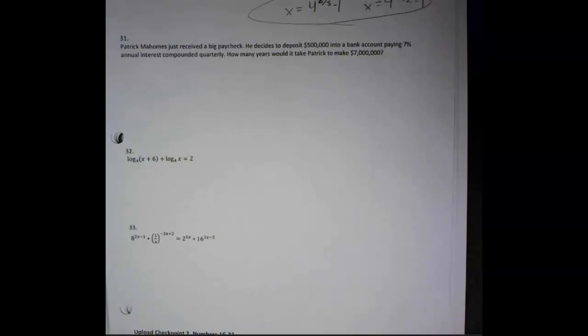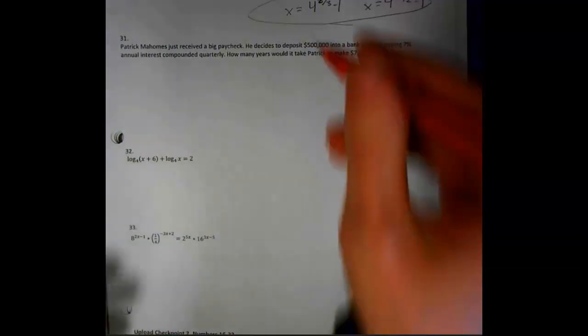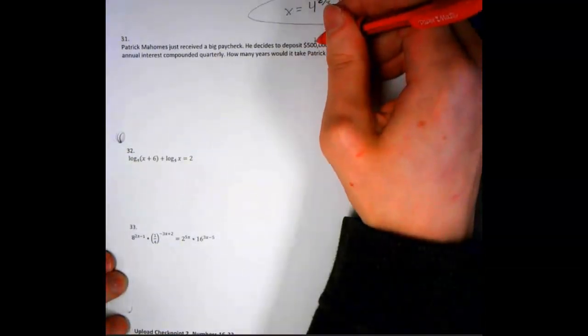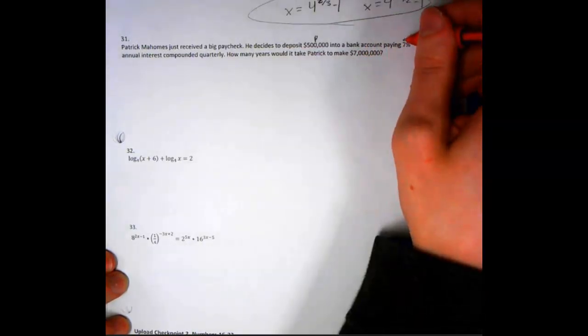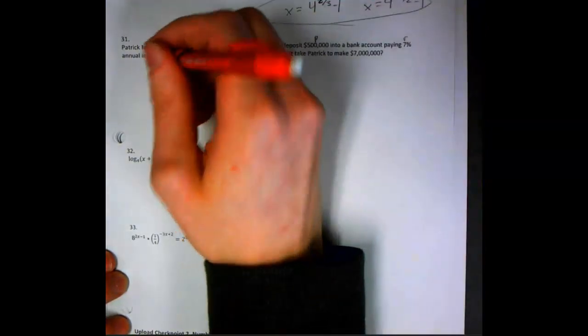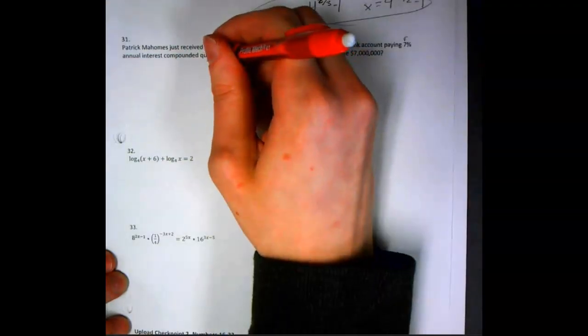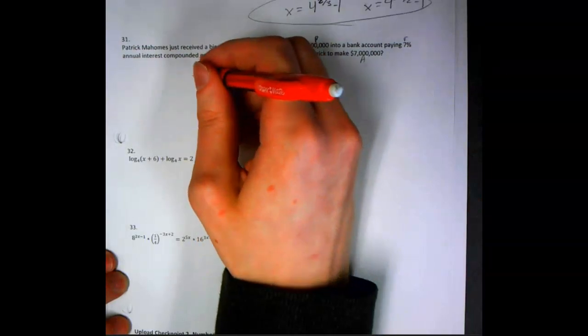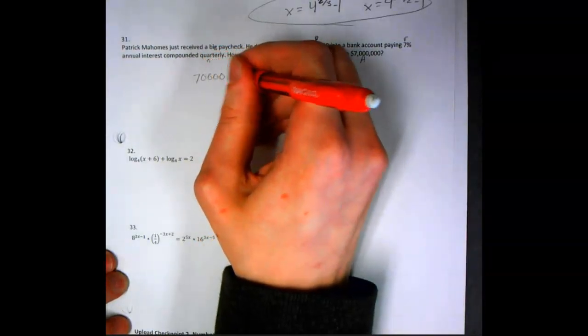Okay, so today we are working on problems 31 through 33. For this first one, we have Patrick Mahomes. Our initial will be 500,000. Our rate, 7%, compounded quarterly, so that's our N. And our A is 7 million. So when we plug that in, we have 7 million